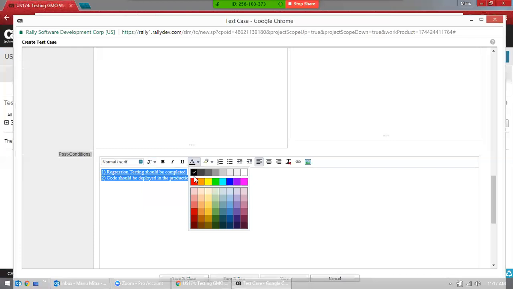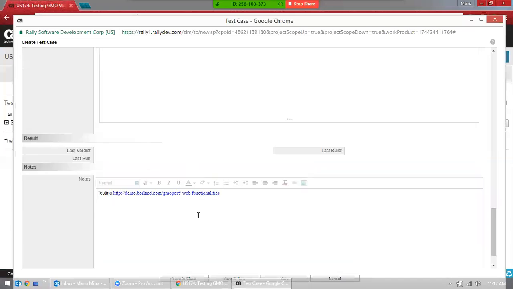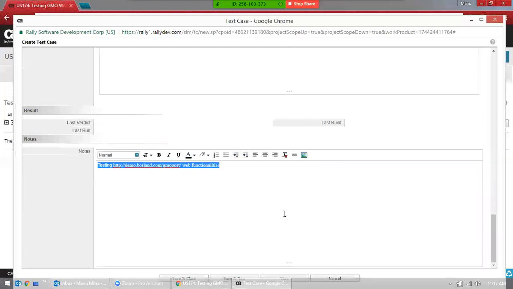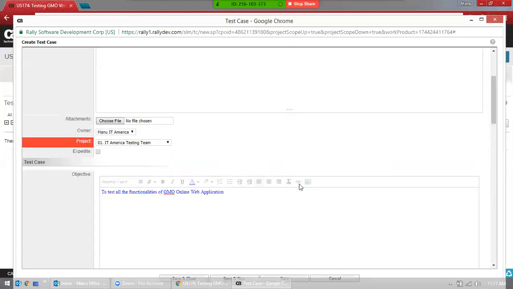I mean, this is nothing to do with anything. I just like blue colors, I'm just putting blue color. That's it. Okay, so here, notes. This got automatically added for some reason, maybe it's picked up from previous projects. So here you can write some notes, but it's really not required as such. But if you have an opportunity, you can also do that.